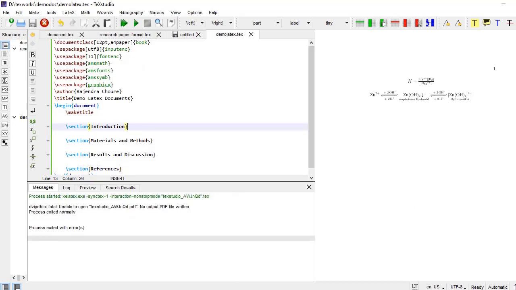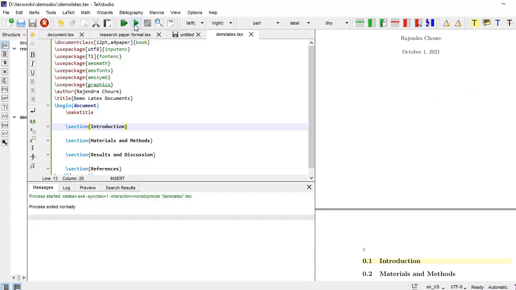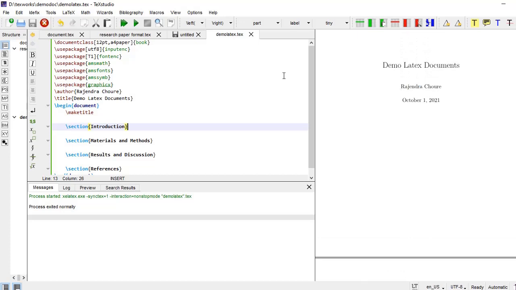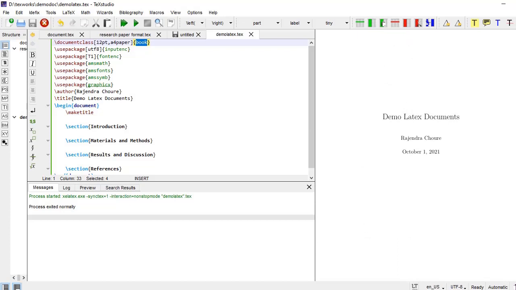This is a code. Now it needs compilation to get the PDF output, and for that you click here on this green button, and this is called the build and view button. I have clicked that. Another button also you can click, and when you click that you get the compilation. By mistake I have made the document class as book, and therefore the title page is separate and our sections are at the bottom.